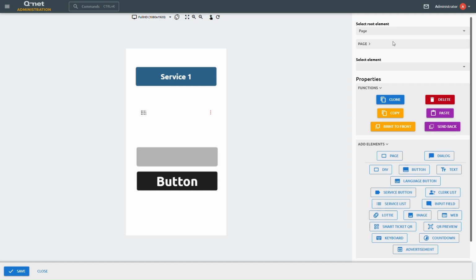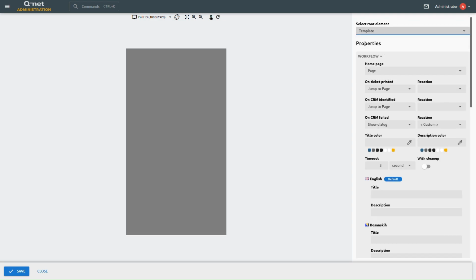If the selected root element is a template, you can define reactions to specific workflow events. For example, you can display a dialog after successful customer identification. You can also define which page should appear first when the application starts,